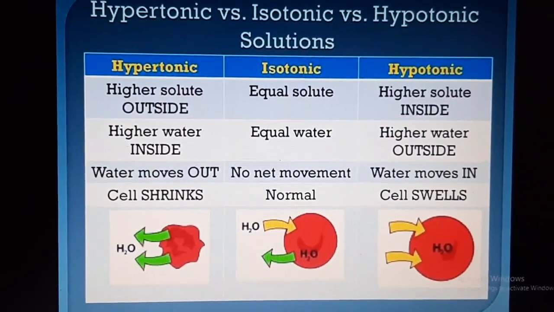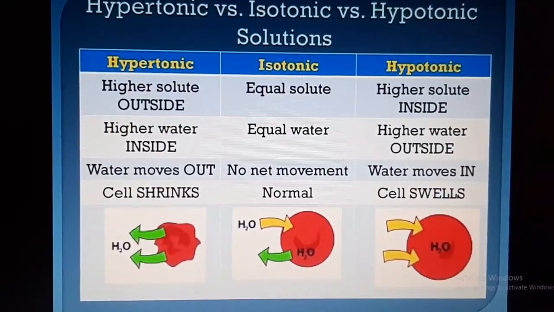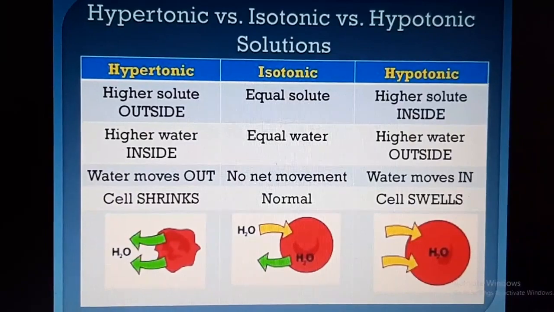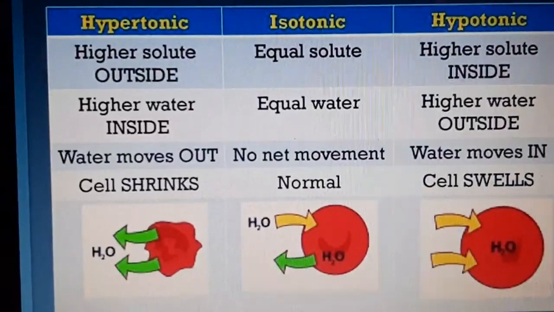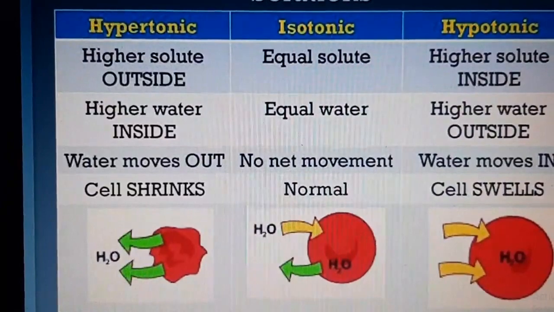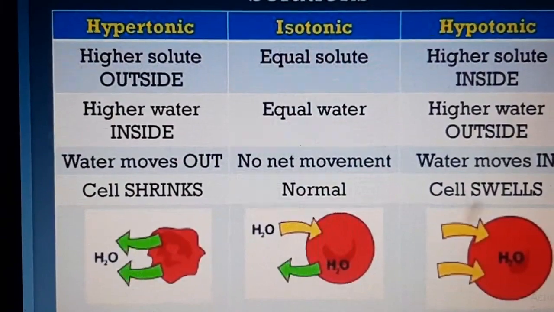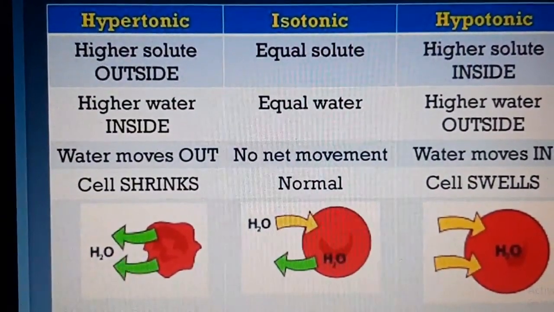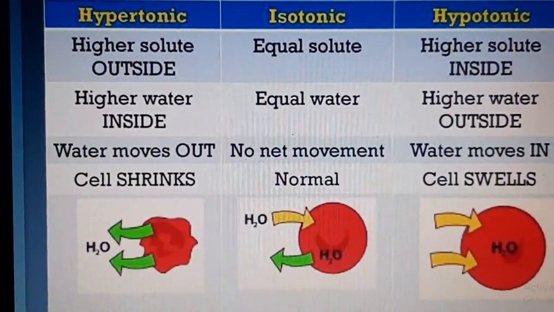First comes hypertonic. Hyper means more. Iso means same or equal, and hypo means less. Now coming to hypertonic solution. In hypertonic solution, there is more concentration of water inside the cell. Focus on only water here first. If you focus on solute, you will get confused. Focus on the water, and that water will be inside. So there is high concentration of water inside.